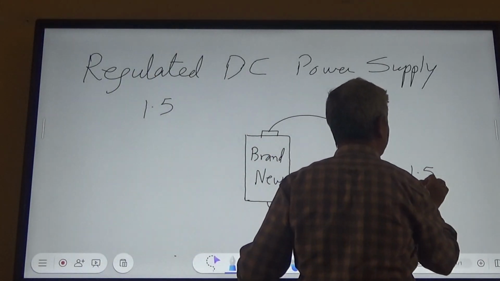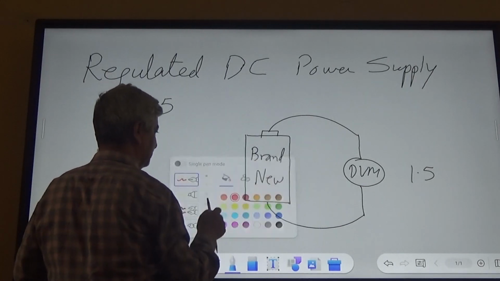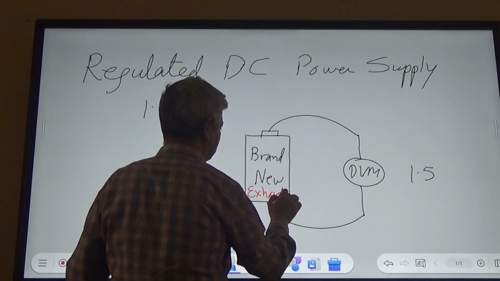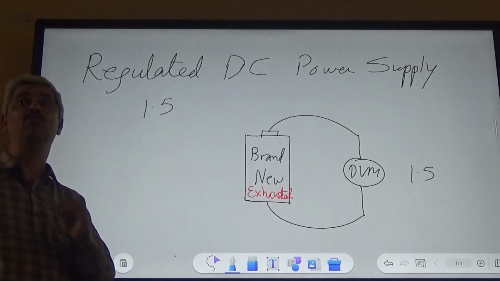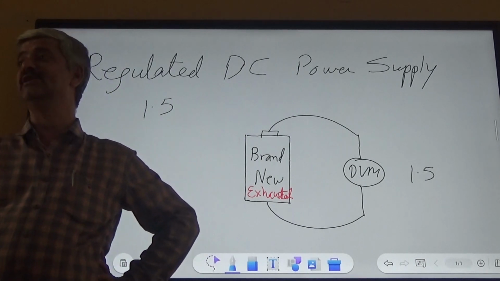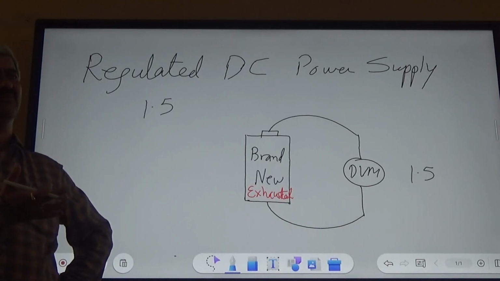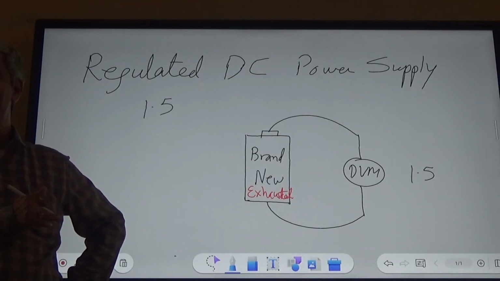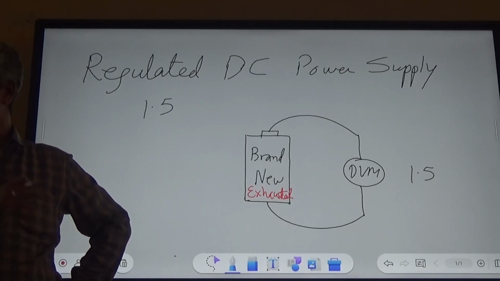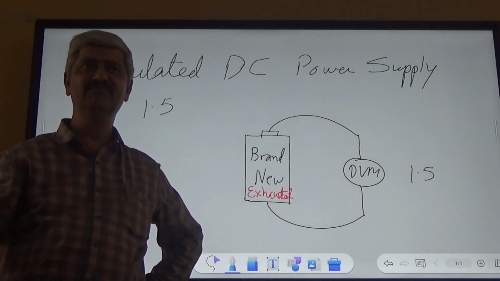Now what you do is replace this brand new cell with an exhausted cell. What reading do you expect? Then you may say, sir, are you killing our time? Can it be a question? So it would be 0 volt. Do all of you agree? Or dead zero, or maybe